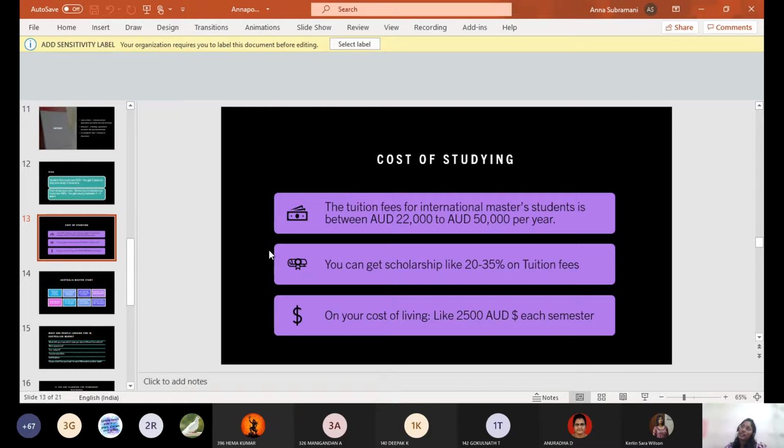For example, I started my master's in July 2018, but I applied in January. I got the course application confirmed by the end of January, so around 4 to 5 months before. That's one of the reasons that I got the scholarship there. So I applied early, and they would check my percentage, and they would be really happy if you maintain a decent percentage, around 75 to 80.